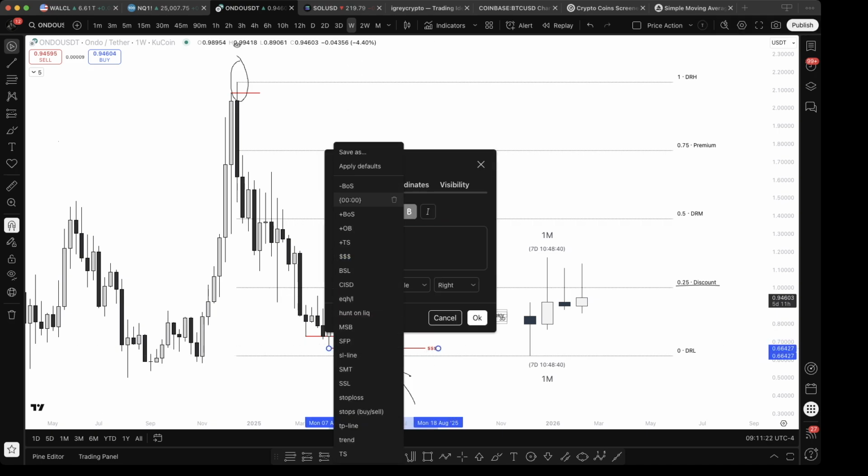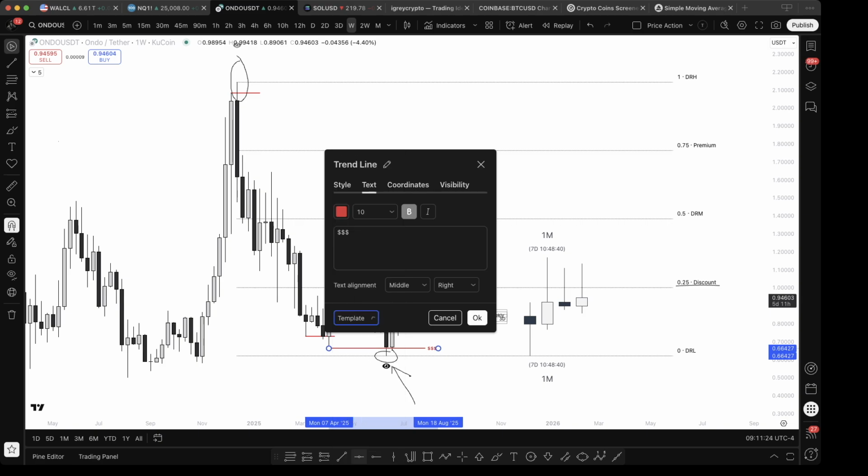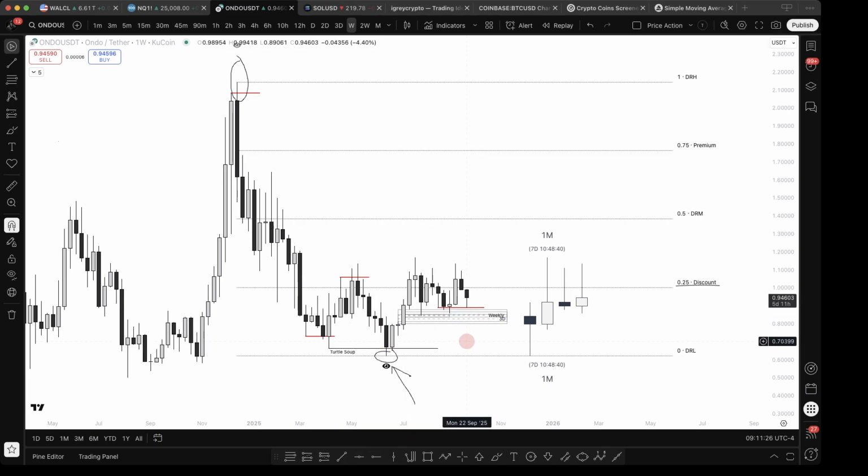And yes, we're on the weekly time frame. This is turtle soup. The reason why it's turtle soup is because we've taken the sell stops, which are here, and we have formed a buy side. In fact, it's overlapping bullish fair value gaps. It's overlapping inefficiencies across several time frames: the weekly, the 3-day, the 2-day, the daily. You can see I've got a number of higher time frame levels right there.